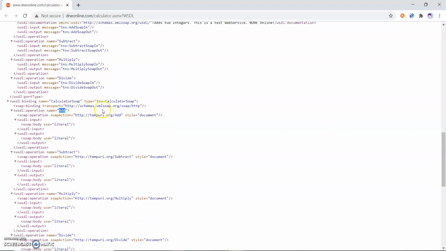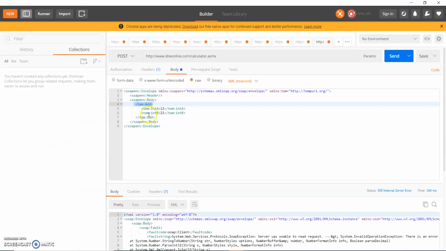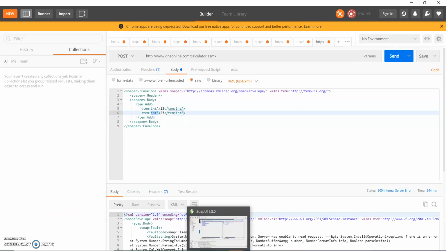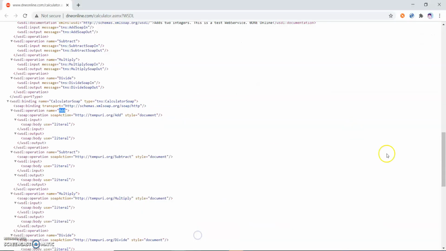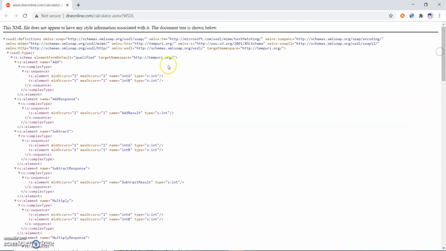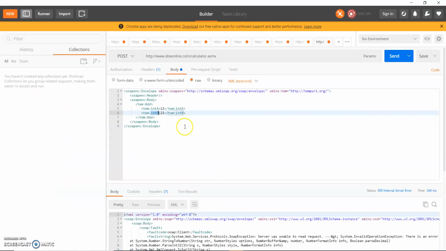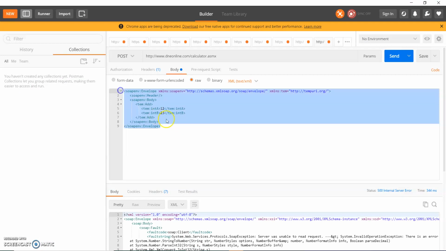In operation add I'm using this method and it takes two inputs, int a and int b, which are integer type. Let me show you here. You can see it is taking two inputs, int a and int b. So I am going to send these inputs which I need to add. So this is the SOAP structure, right?